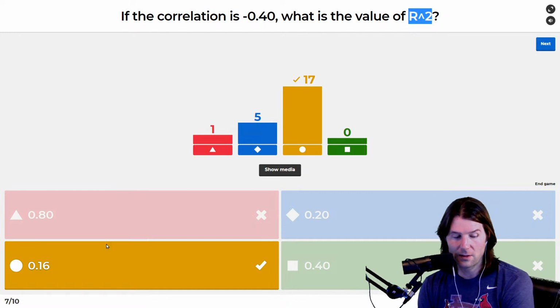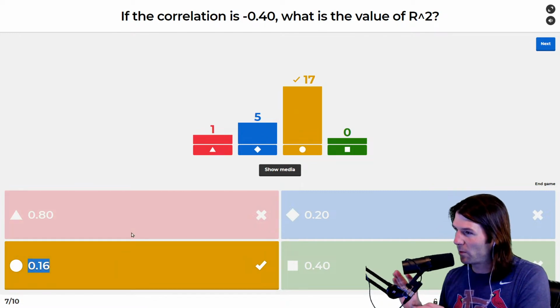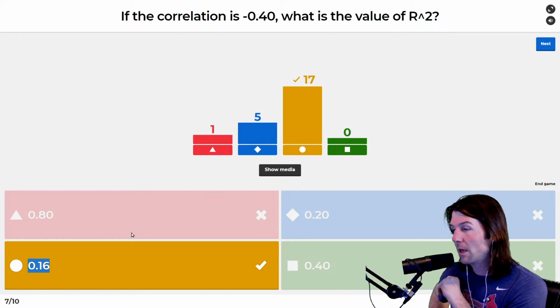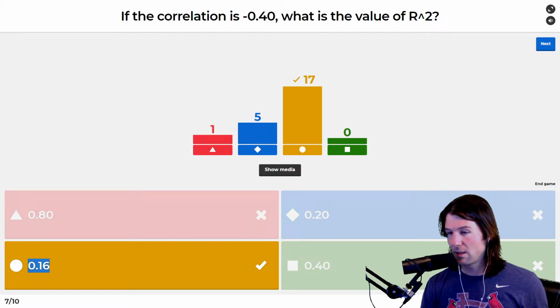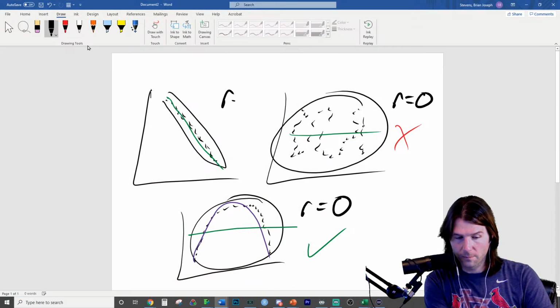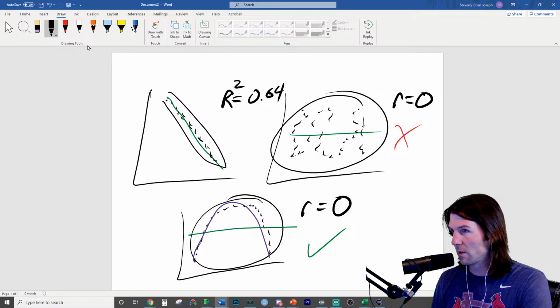Now, the big thing is that if this is your r squared, what could correlation be? Now, we're just doing a reverse right here. If this is your r squared, and this is why I have this one up here, what could correlation be? Like, if we look at this one, and this has an r squared of 0.64, what is the correlation of this?